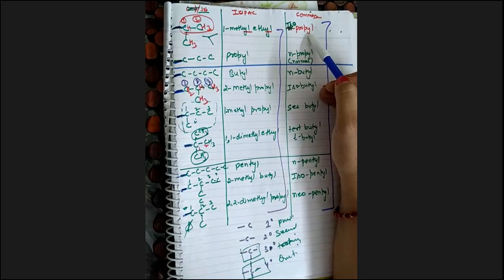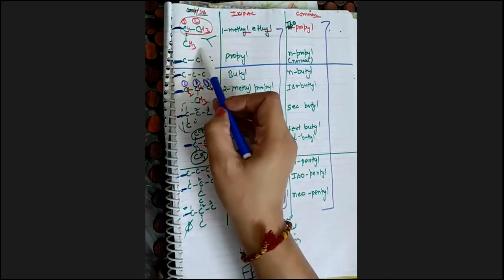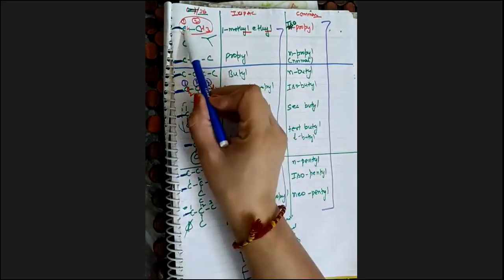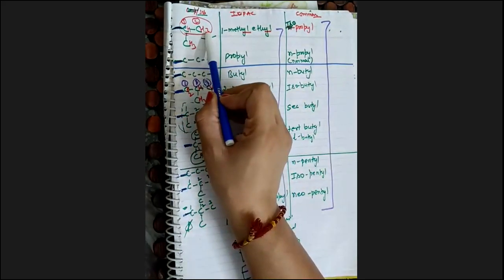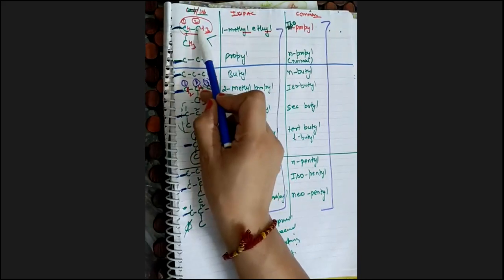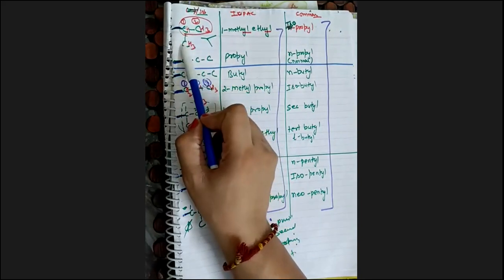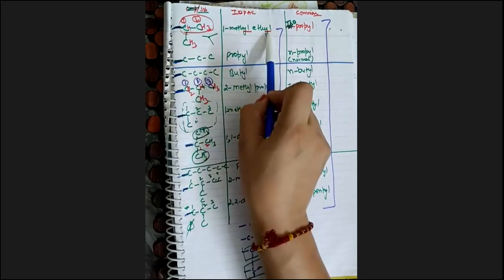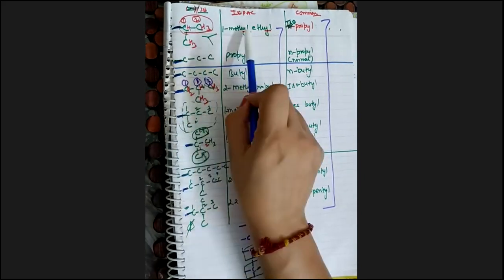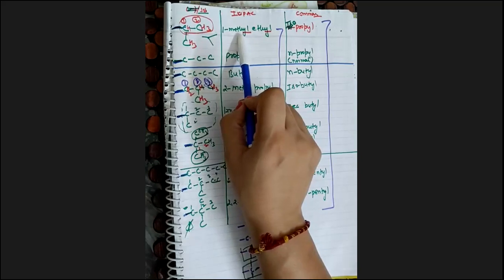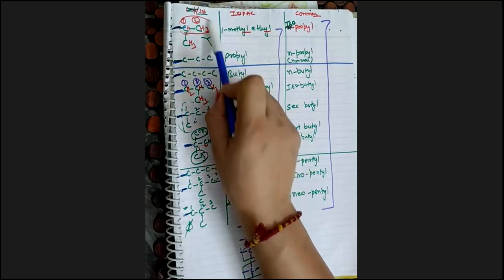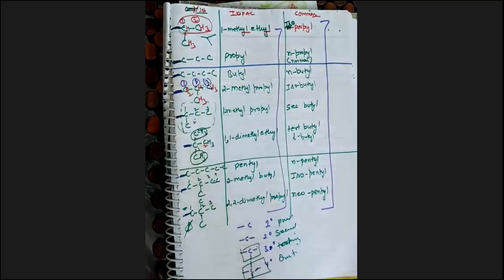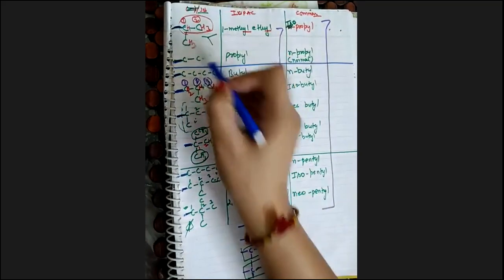Either this is a main chain or the substituent. Even if it is a substituent, when I do nomenclature by IUPAC, I am counting the carbon. See, 1, 2. On the second carbon, on the first carbon, I have a methyl group. So 1-methyl, ethyl. So I am counting all the carbons, substituent and main chain, separately. But in case of common name, we have to count the entire carbon compound, whether main chain or substituent.